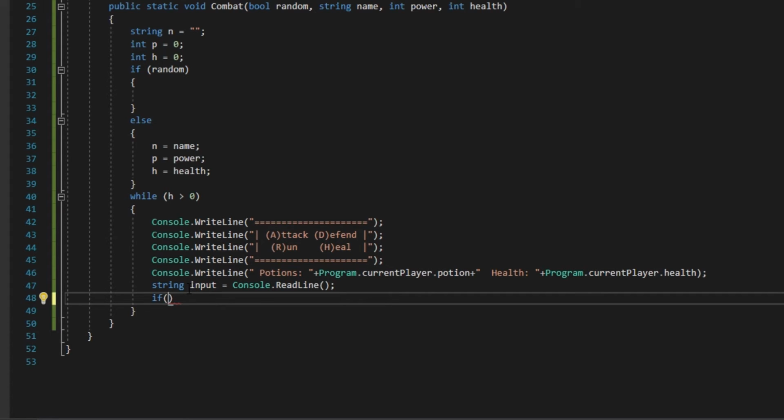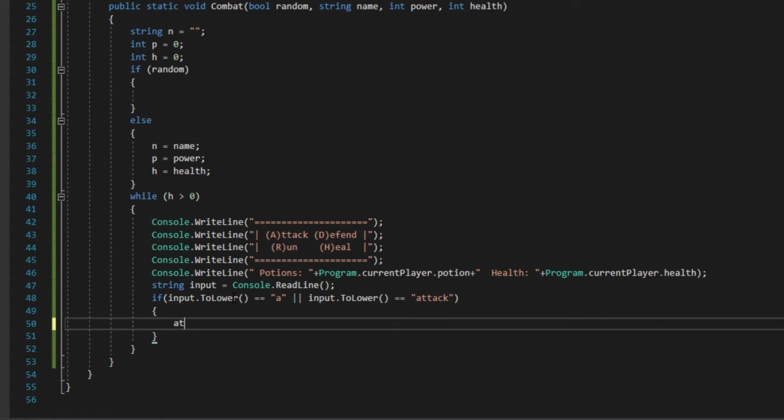Okay, yeah, there we go. ToLower. So input.ToLower. And if input.ToLower is equal to A, or input.ToLower is equal to attack, and this is case sensitive, I believe. Then